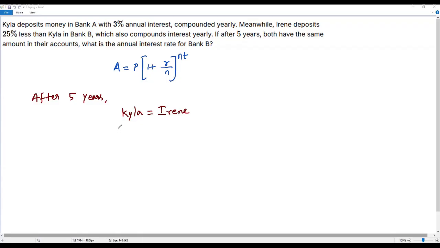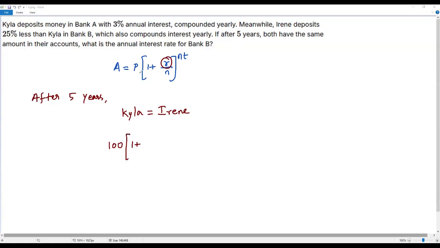Okay, now let's find the final value of the deposit for Kyla after 5 years. For that, we have to plug in the required values in this formula. The principal is not given for both Kyla and Irene. But there is information that Irene deposits 25% less than Kyla. So how much Kyla deposits is not given. Since the initial deposit is not given, we can assume that Kyla deposits $100. So the value of P over here is 100. It's just our assumption because this value is not given, times 1 plus